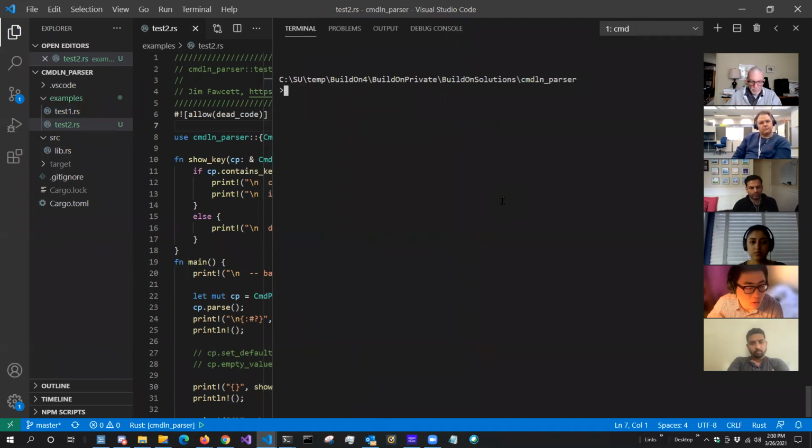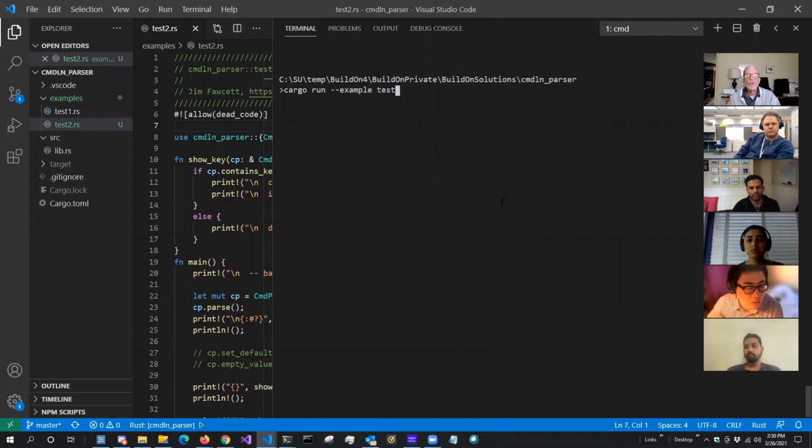So now, cargo. So this is command line. This is my solution to command line that I'm going to run. And I just want to use it to talk a little bit about some of the design ideas. So cargo run